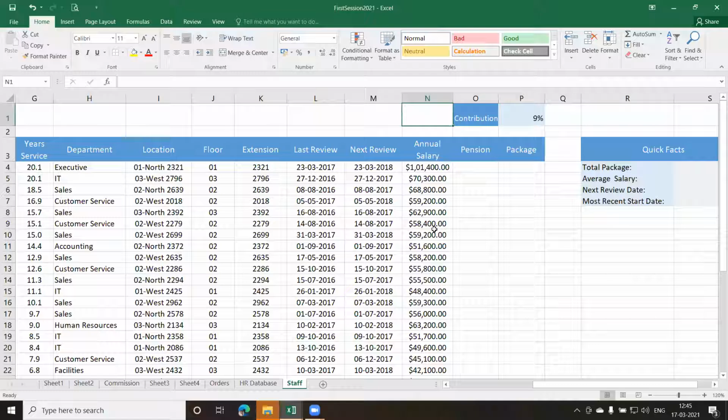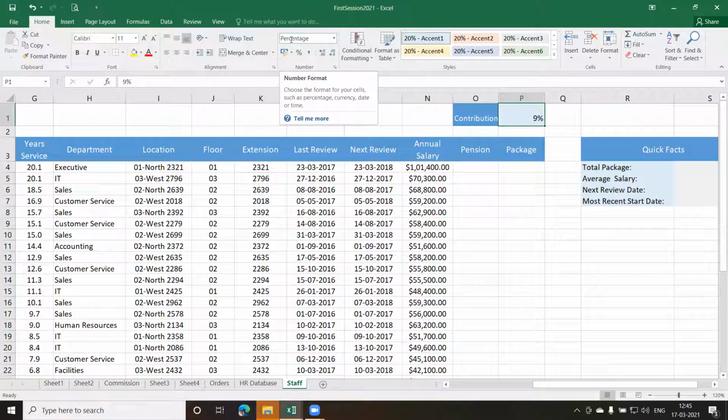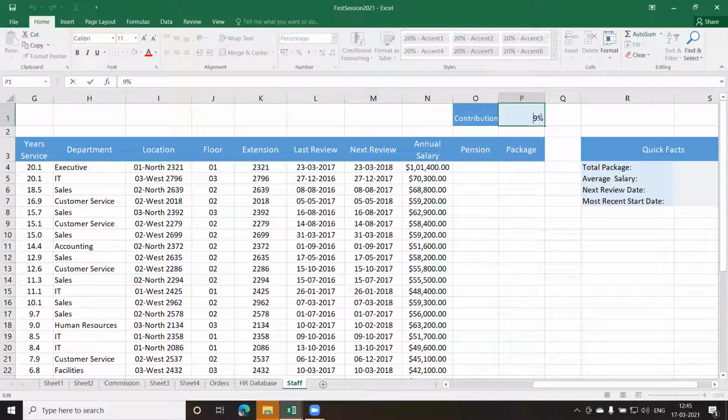Now on top here on line number 1 under O, I've given a different field called contribution, and the percentage is given as 9%. If you look at the format, the number format is of percent type. You can see this one. And that's the reason, if I double click it, you can see this percent sign is also there. So either you can put 0.09 and press enter to get the 9%, or you can type 9 and follow that with a percent sign. Both will be fine.